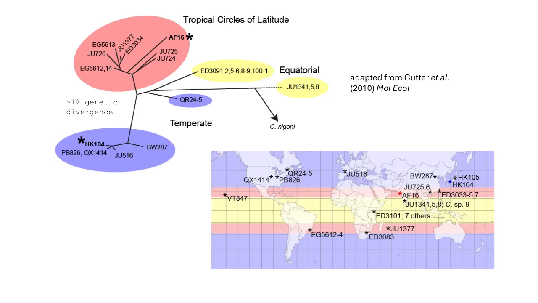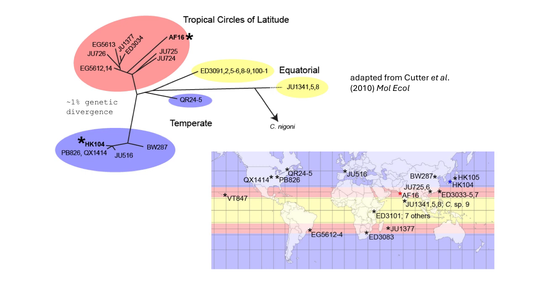Why use Caenorhabditis briggsae instead of its more popular relative C. elegans? One of the reasons lies in the phylogenetic tree shown in the upper left-hand corner. You can also see the world map in the bottom right-hand corner with asterisks representing the locations of some of the many natural populations of C. briggsae